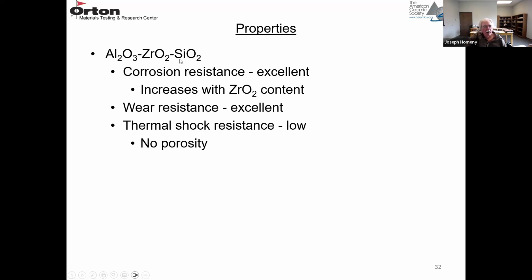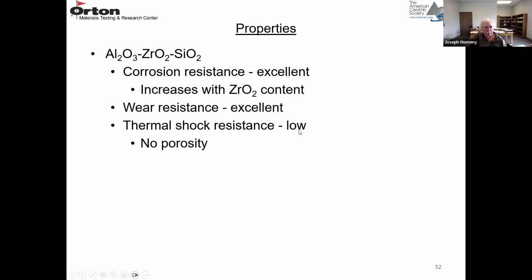So in AZS refractory, because of the high zirconia content, it has excellent corrosion resistance. And as you increase the zirconia content, the corrosion resistance goes up. Because it's a hard material, it has excellent wear resistance. But a fully dense refractory like this, no porosity, relatively high thermal expansion, the thermal shock resistance is extremely